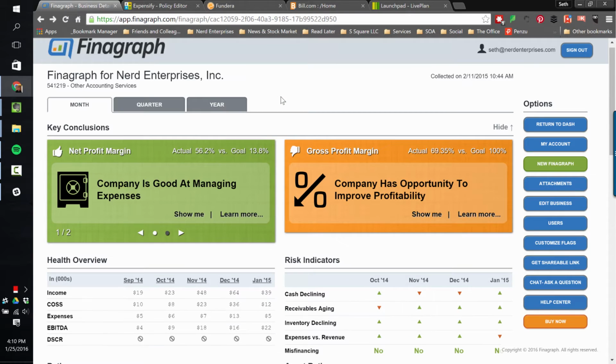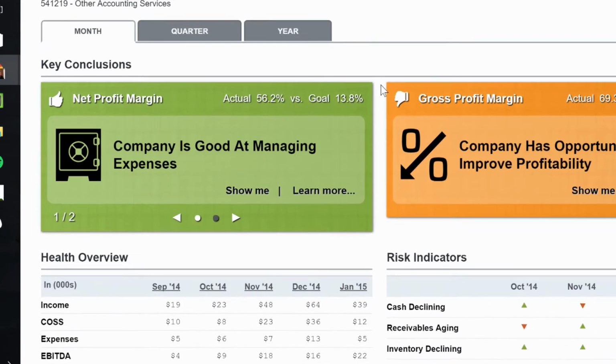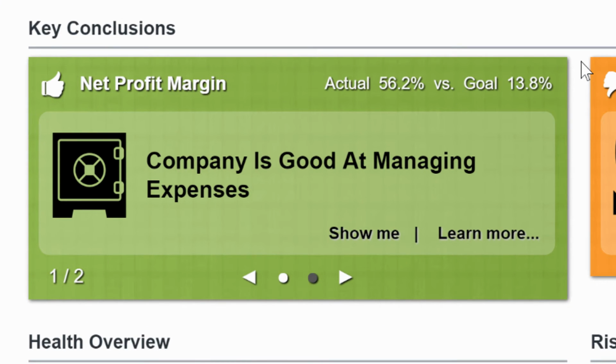So Finagraph takes data from those financial accounting applications and compiles it in a way that's much more visual, in a way that our clients typically get much more from than they'll get from a profit and loss statement or a balance sheet, and ultimately in a way, as I mentioned in the write-up, that allows us to provide that strategic guidance that our clients so desperately want,